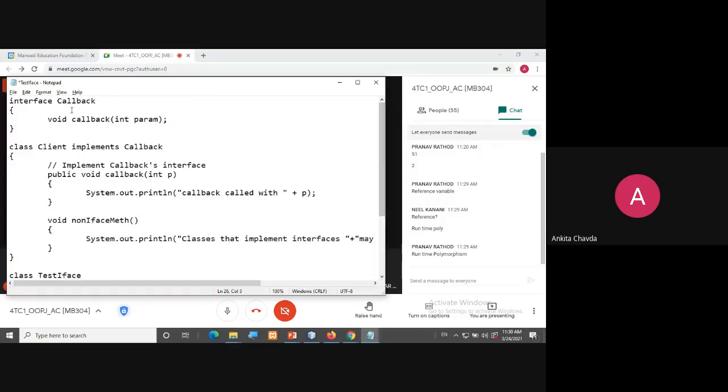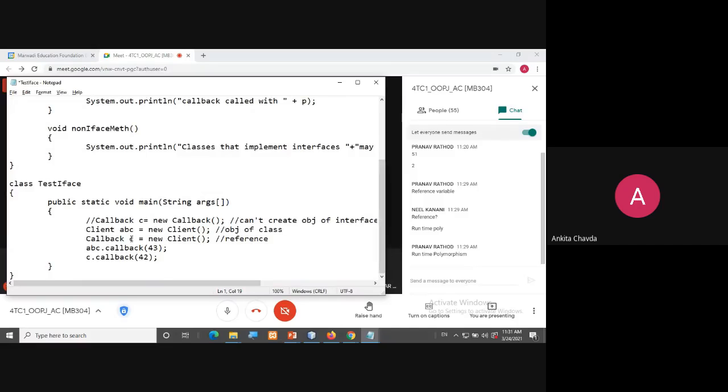You can see callback is my interface and I'm creating a reference. So callback C equals new client. Wherever you are creating the object, that is of the client, and C is referring to that object right now.